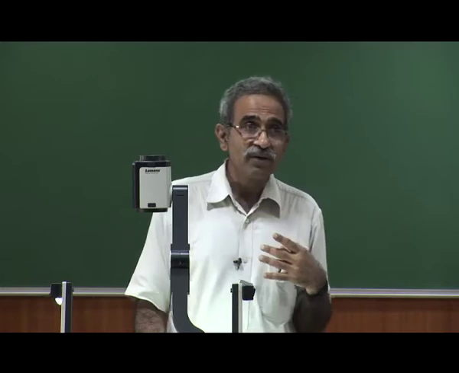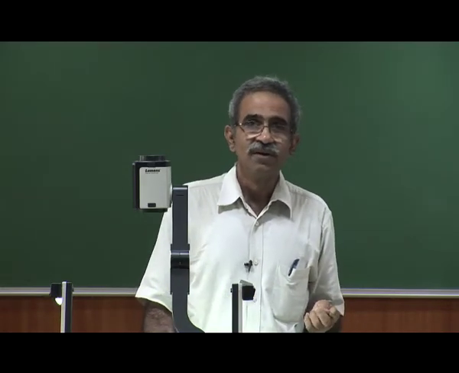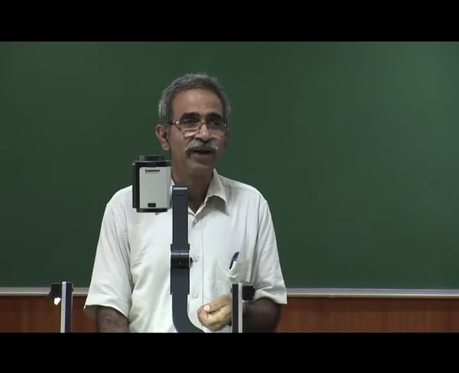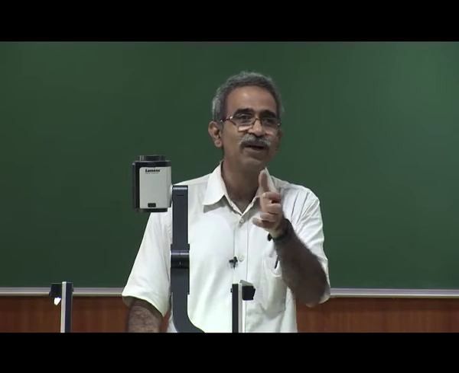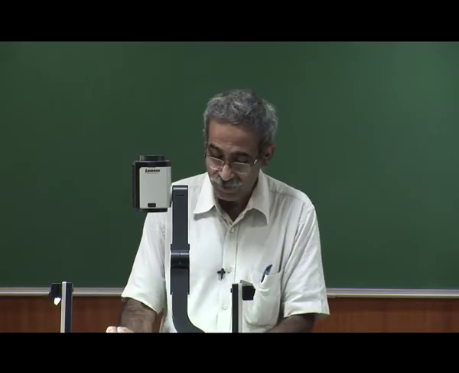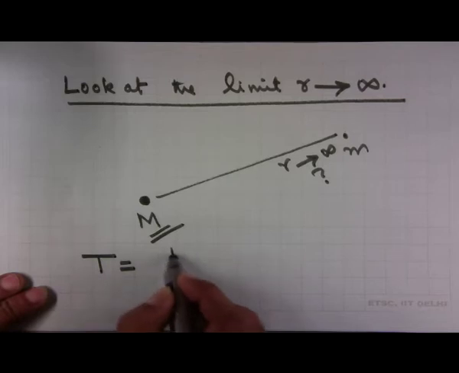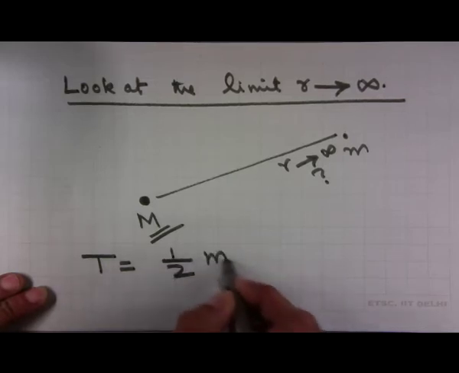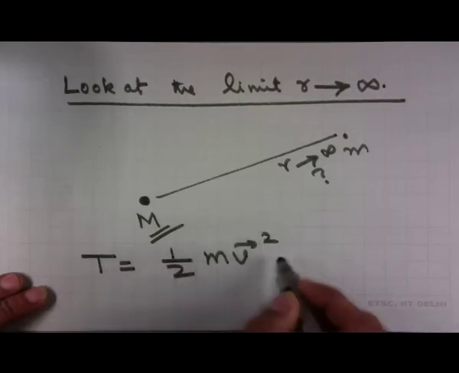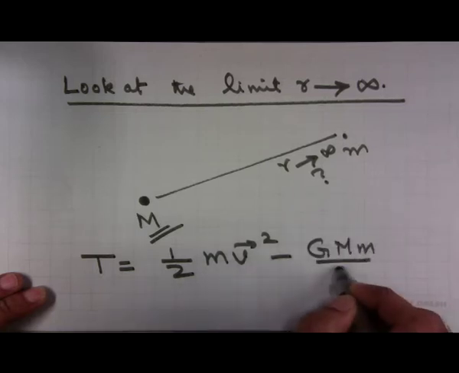And therefore, if it is at rest, I will say the total energy is equal to 0. For example, if I connect it to a spring, I will say its kinetic energy is half kx squared. I don't have to worry about whatever this residual potential energy is, because it is so far away, and the force is not to be worried about. Therefore, I write my total energy as half mv squared minus GMm by r.